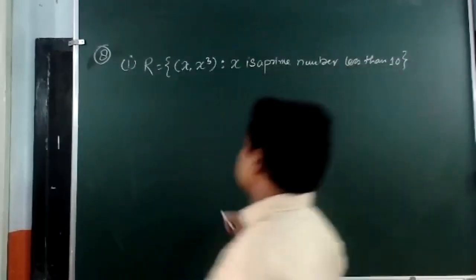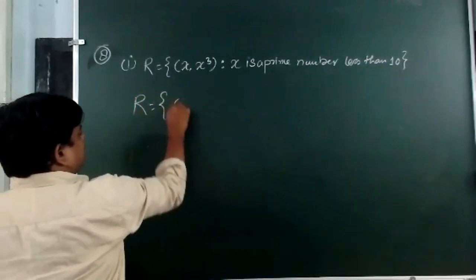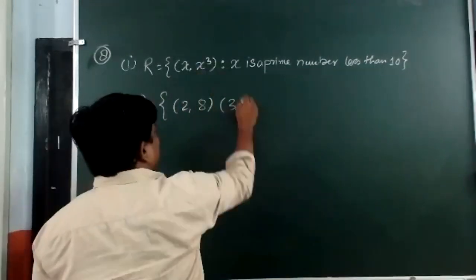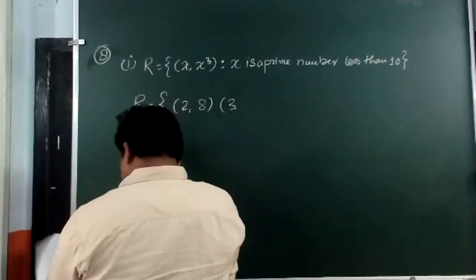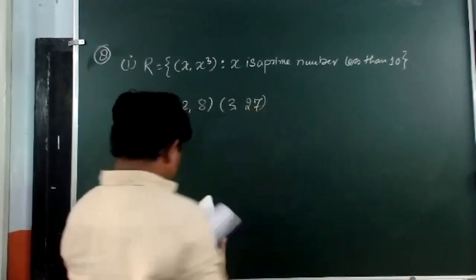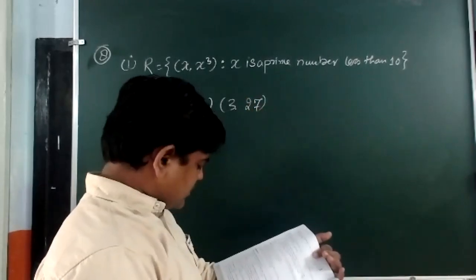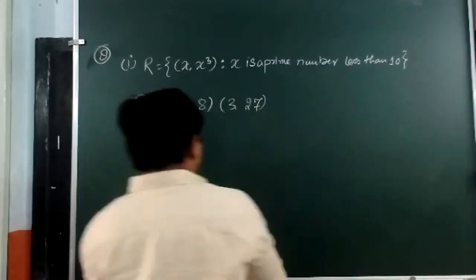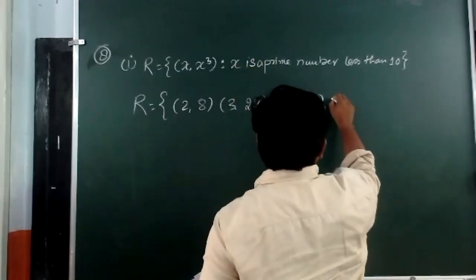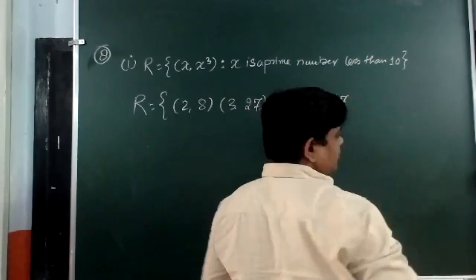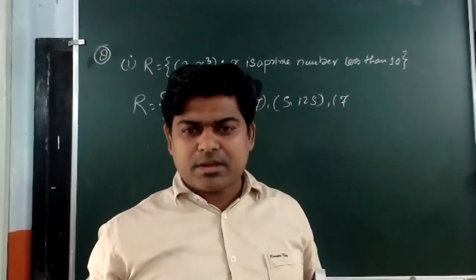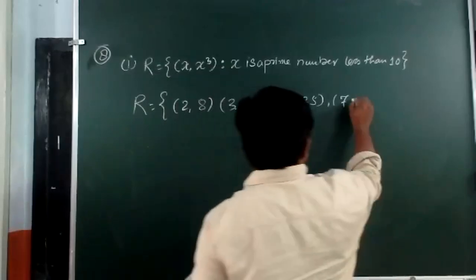And when I take x as 2, I'm writing roster form. If it is 2, then it will be 2 cube. If I'm taking 3, then 3 cube will be 27. Once again, the question says x is a prime number less than 10. I think we have written correctly. Now, if I take x as 5, it is 125, and the last one is there. If I'm taking x as 7, then 7 cube is 7 into 7 is 49 into 7 is I think 343. Am I correct? Yeah, it will be 343.